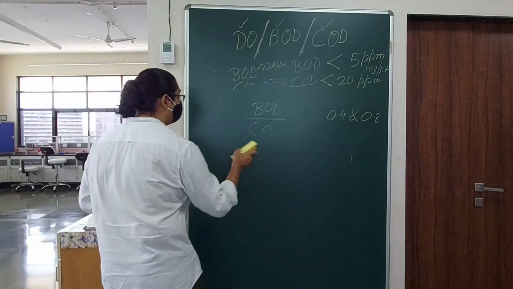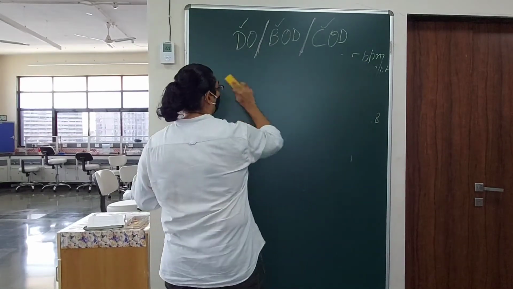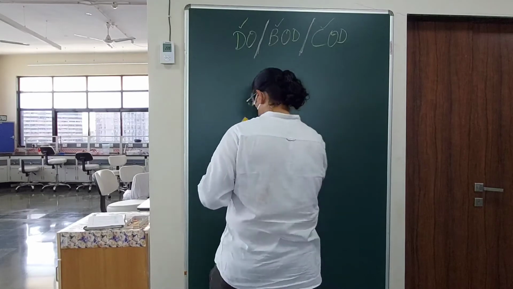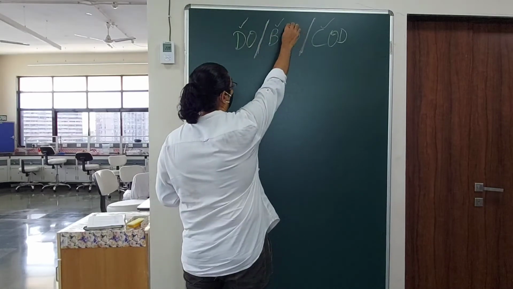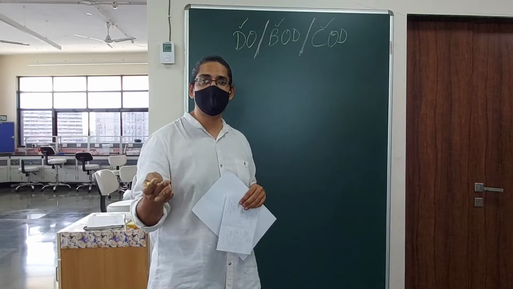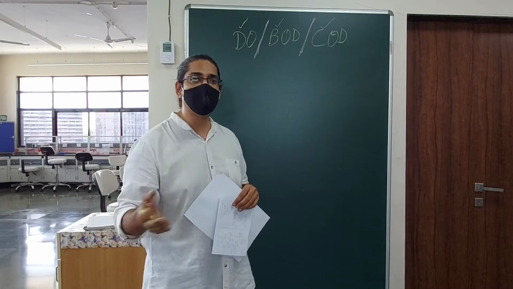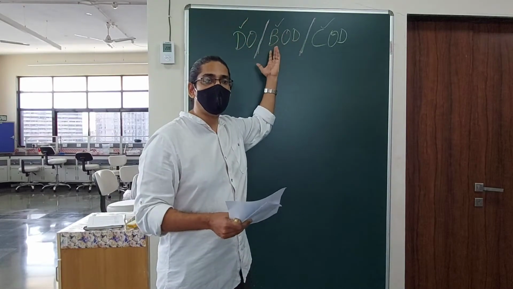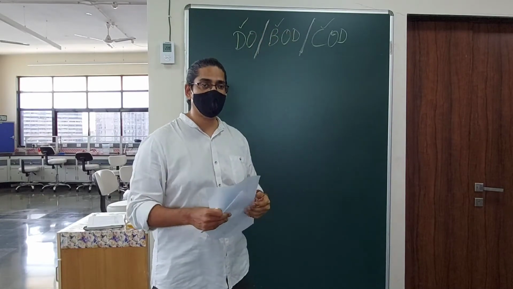How do we do the BOD? We are going to find dissolved oxygen, right? And it will be quite gratifying to know that dissolved oxygen is one of the parts of BOD. The day 1 reading we take for the BOD experiment also happens to be your dissolved oxygen. So you are not doing a separate experiment to measure DO. It's a byproduct of what you get for doing BOD, right?